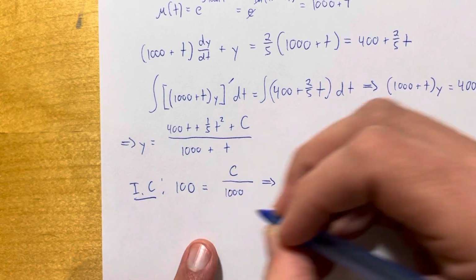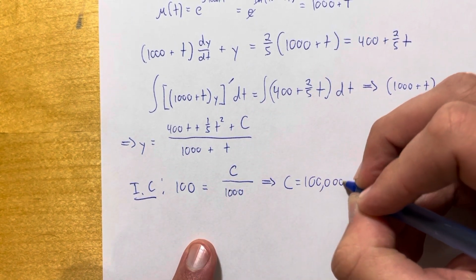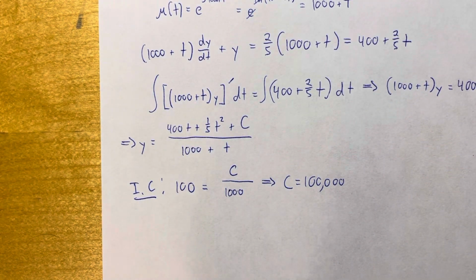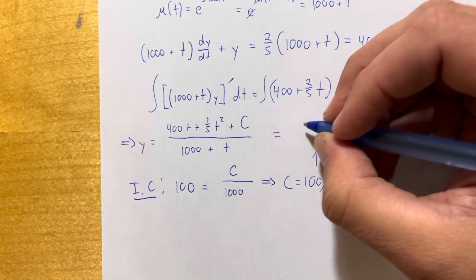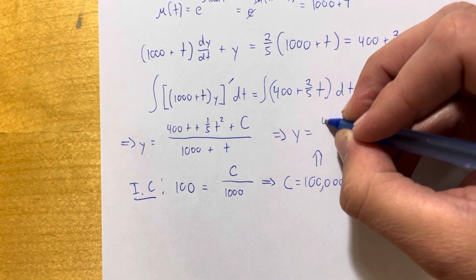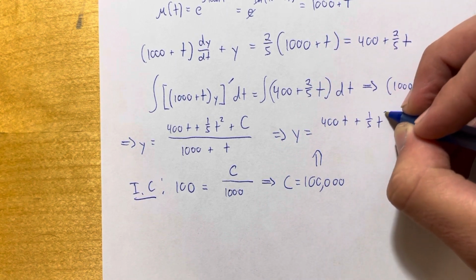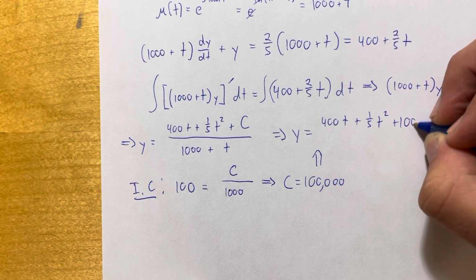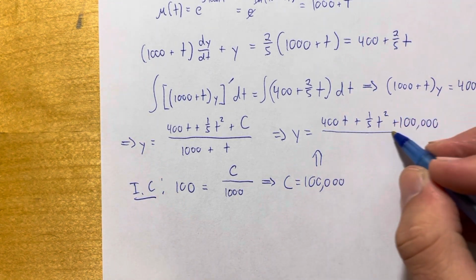And I can multiply both sides by 1,000, so that c is equal to 100,000. Now that gives me this as my final answer. Y is equal to 400t plus 1/5 t squared plus 100,000 all over